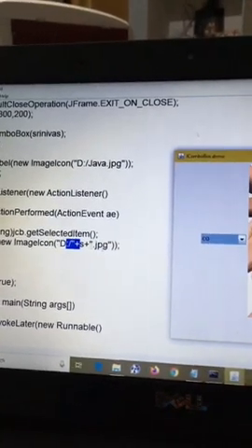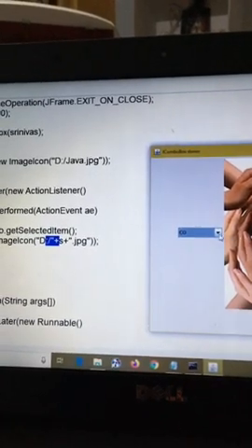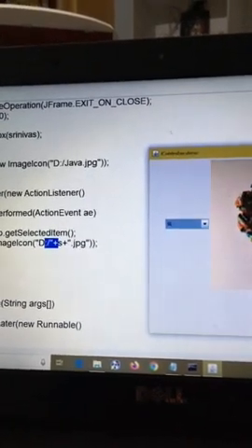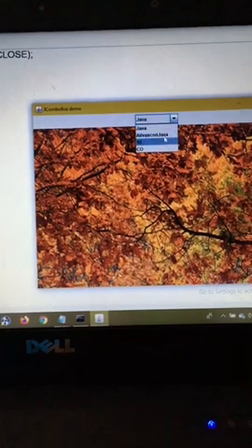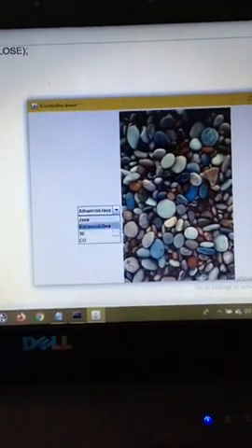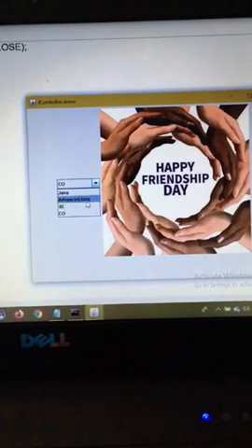Next I am selecting SC related JPG, Advanced Java related JPG, Java related JPG. In this way I am handling the entries or items by using ActionEvent.